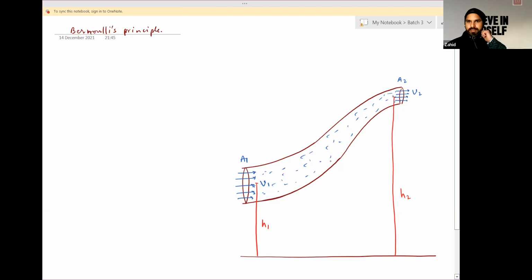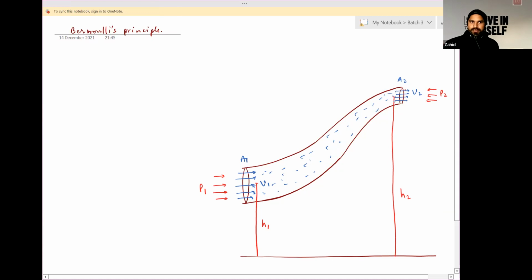To do this, pressure is applied at this end, let's say P1, and at this end, P2. Due to this pressure difference, the liquid is capable of traveling from one end